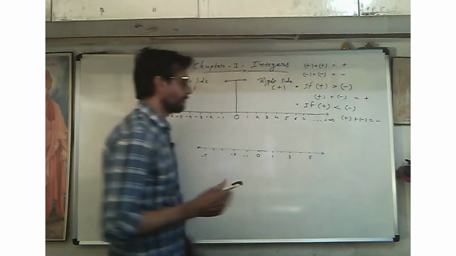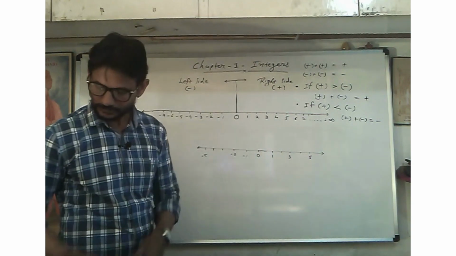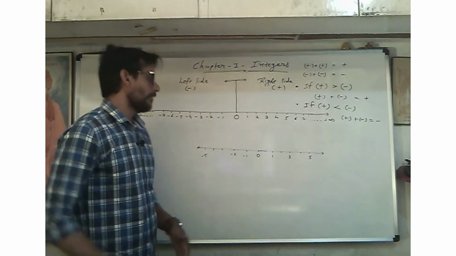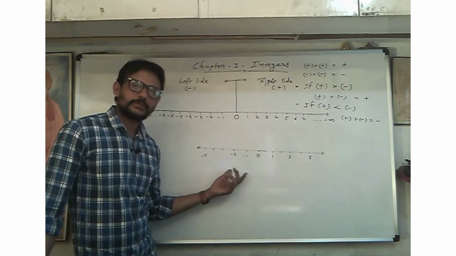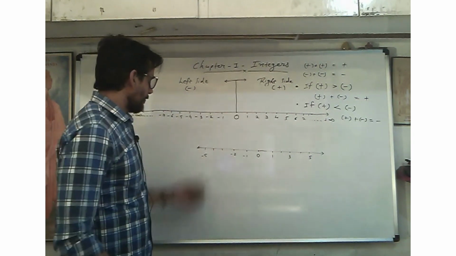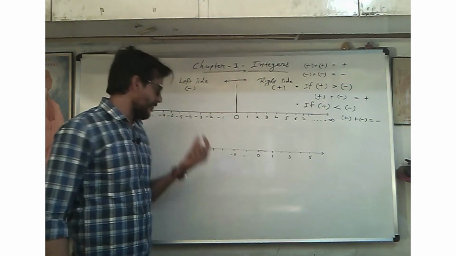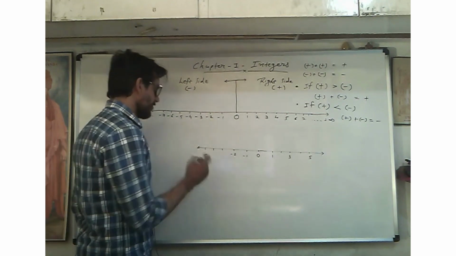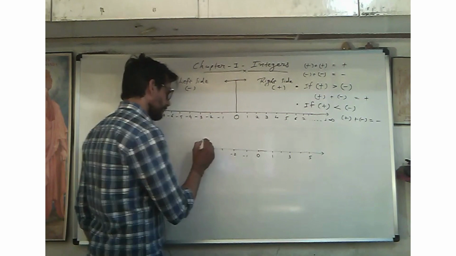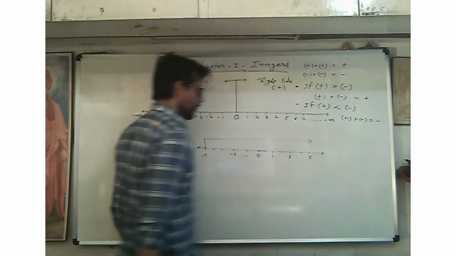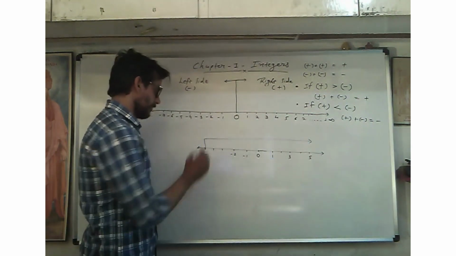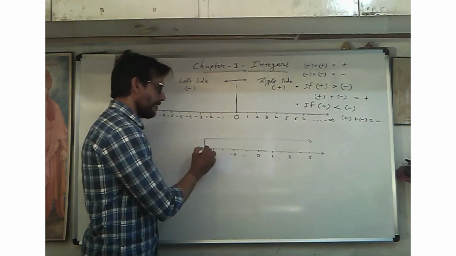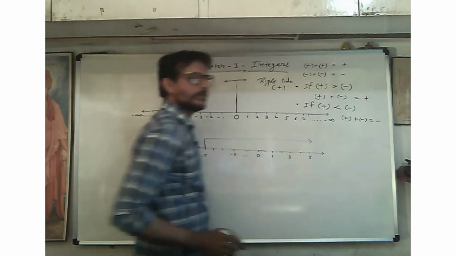Okay. This is a number line. Minus 5. If I start from here to here, if I start from minus 5 to plus 5, so that means